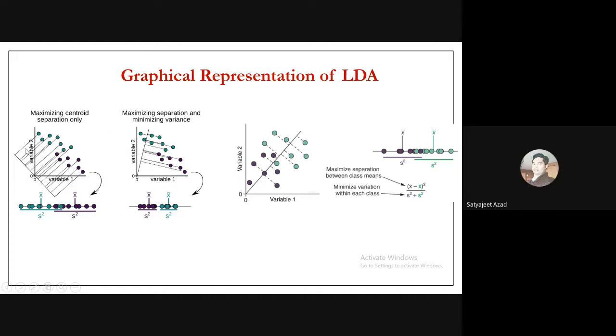Okay, so now we have drawn a new axis. Just see, this is a new axis and we have captured the data in this new axis. Okay, this is the mean of 0 and the mean of x1, and this is the standard deviation. You can say this is the variance and variance.